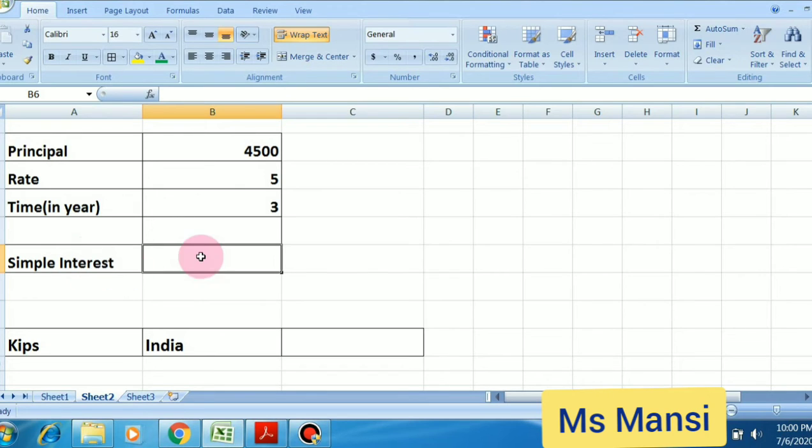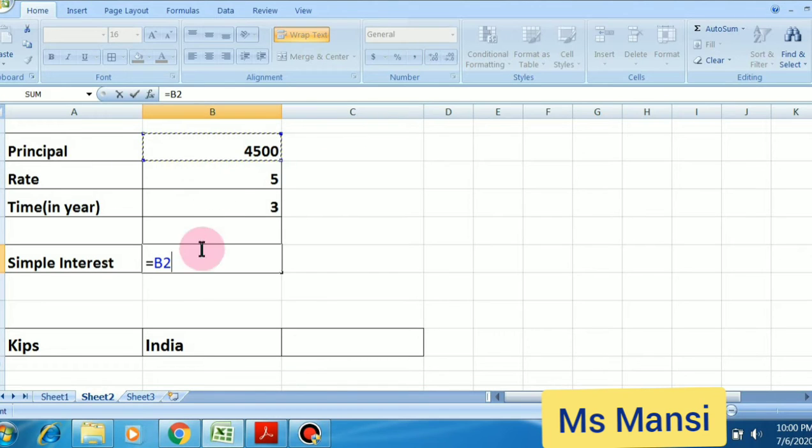So what is the formula for calculating simple interest? Firstly, to start the formula in Excel you write the equal to symbol. Then the formula of simple interest: principal amount multiplied by rate multiplied by time divided by 100. Then tell me, the principal value is in which cell? B2.